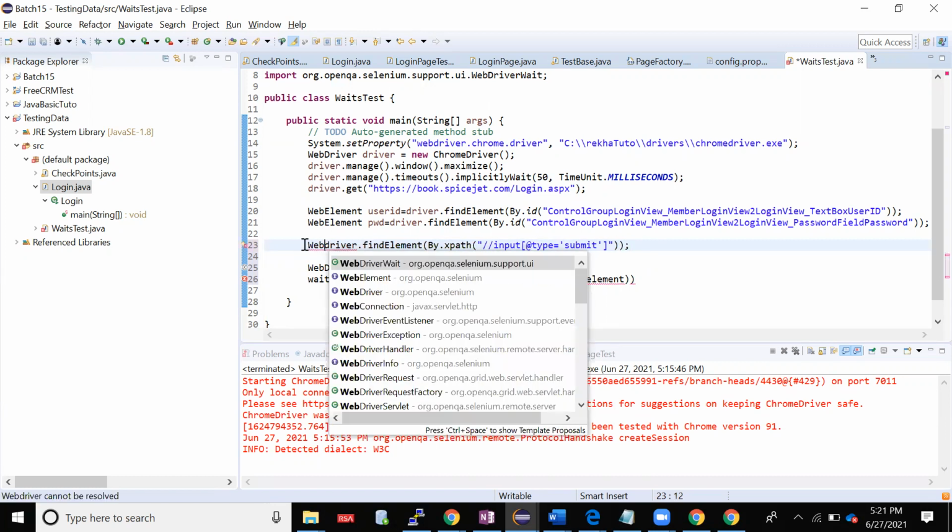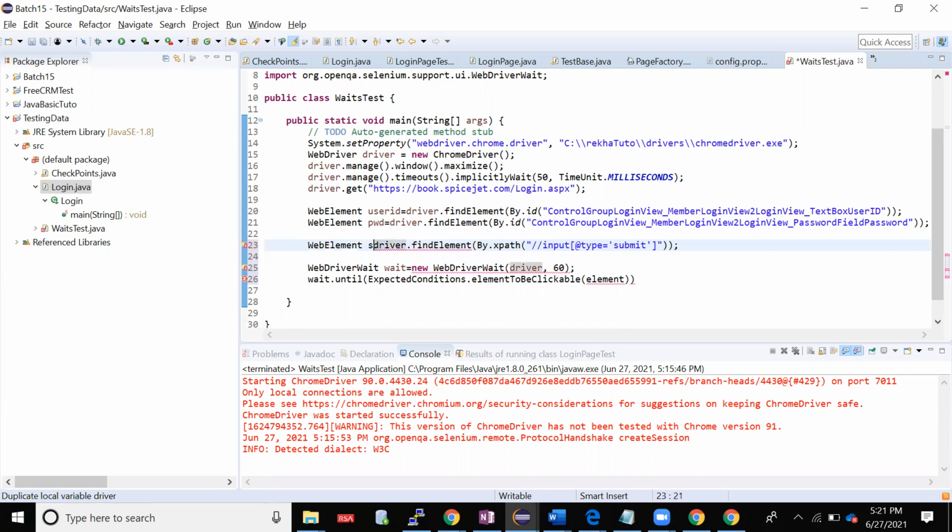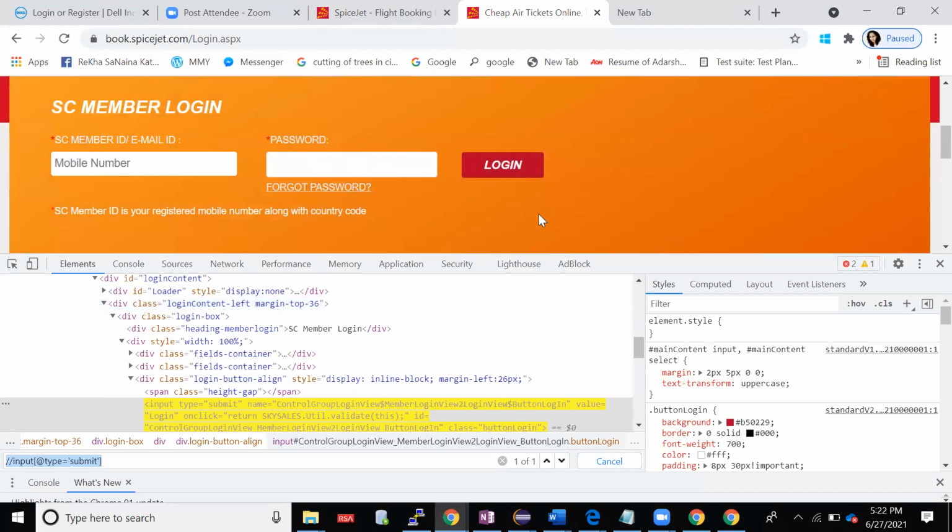So I'm naming it submit button. Now I'll give this web element here because it was asking for an element. Now internally it will allocate an explicit wait for this element because I'm targeting the submit button.